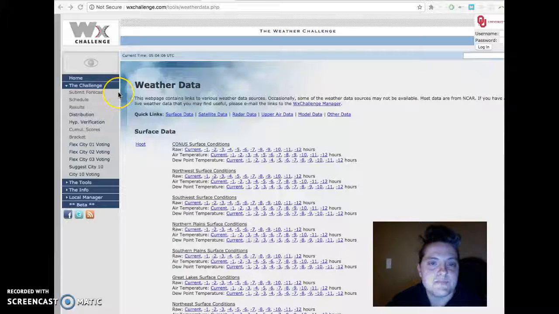So the basics. We start tomorrow, Monday, September 25th, and you'll have to get your forecast in for Tuesday. So you're going to be forecasting what it's going to be like in Providence, Rhode Island on Tuesday, September 26th, but you have to get it in by 5 p.m. or 0 UTC time tomorrow, Monday, September 25th. So you'll be forecasting Monday by 5, Tuesday by 5, Wednesday by 5, and Thursday by 5.